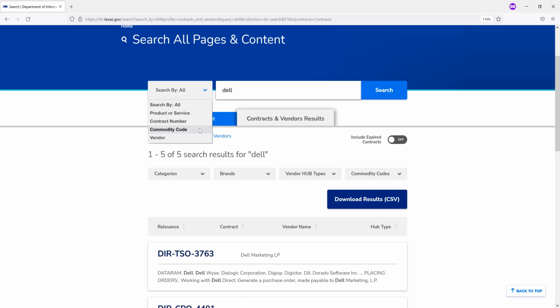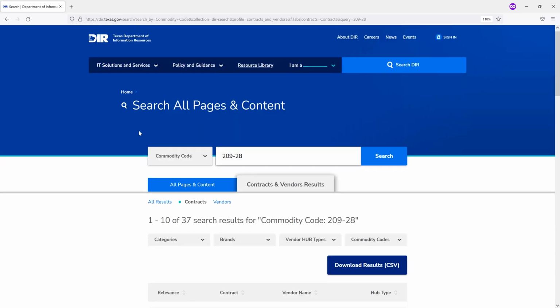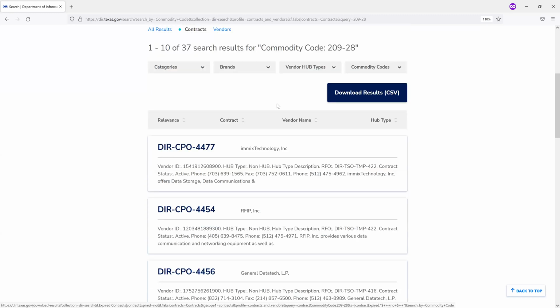So if you choose commodity code, the example I have here is 209-28, and hit search. You'll see that it's searching through all the contracts that have a commodity code of 209-28. I think that was computer hardware or computer towers, something like that.